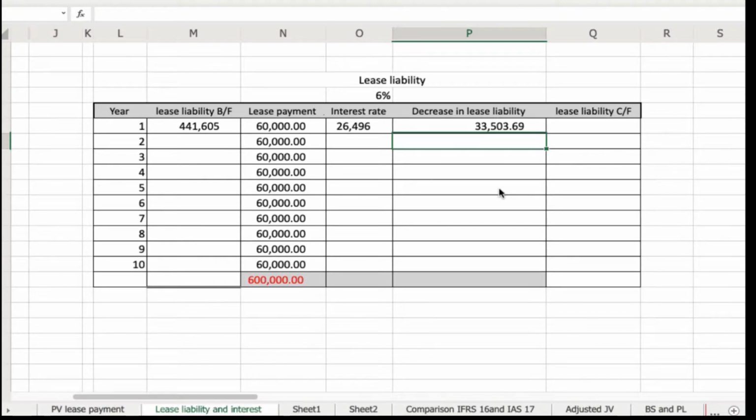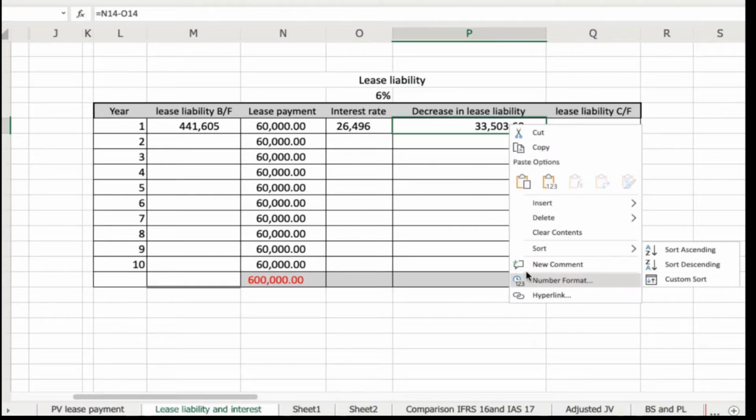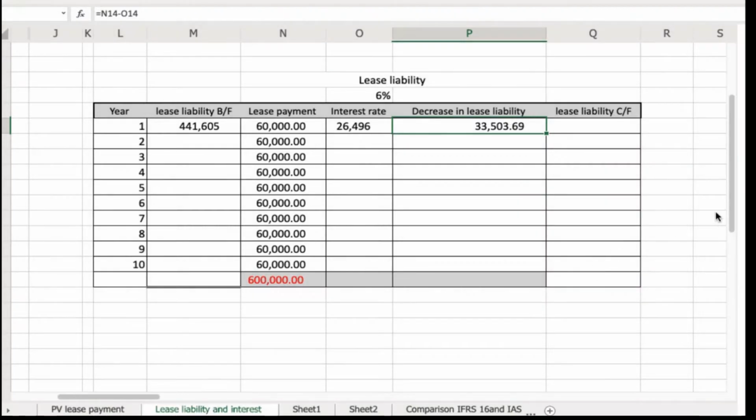and the lease liability carried forward, this is the long-term liability, we calculate as the initial lease liability minus the short-term lease liability, which has been decreased. This gives us the long-term liability. In the next year, the second year, we can also calculate